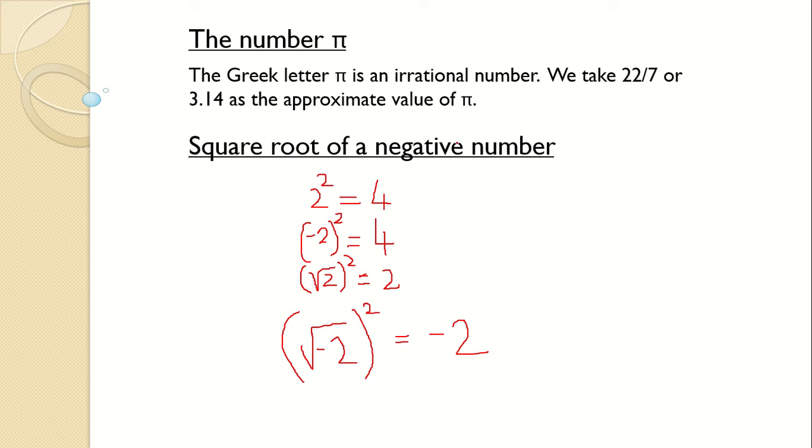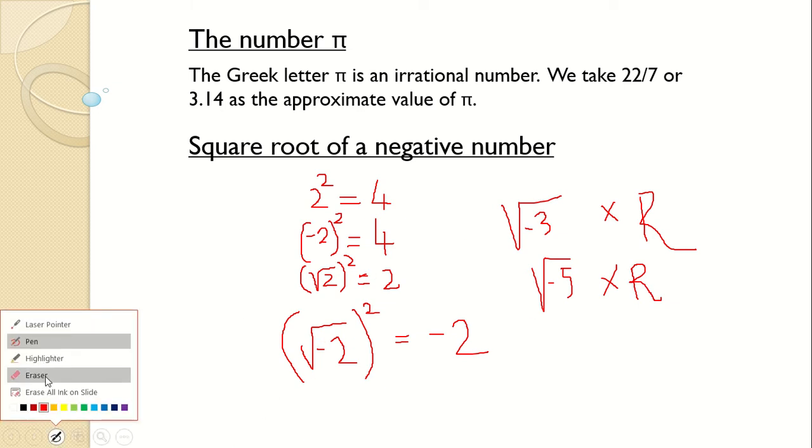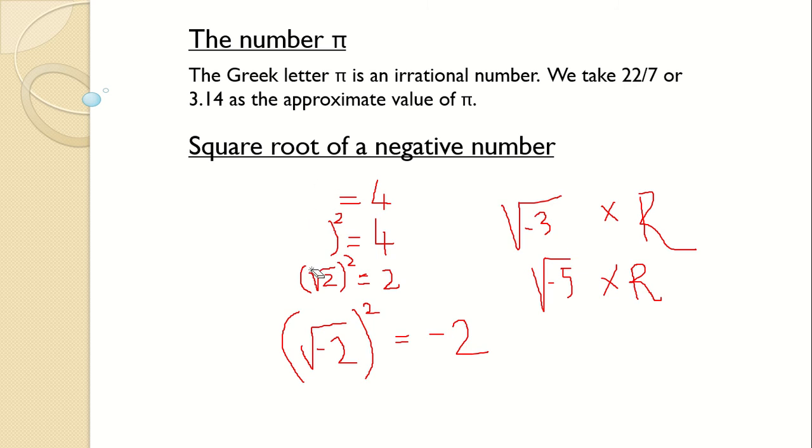Okay. So the square root of any negative number, maybe it is root -3, it may be square root of -5, it may be square root of -7, any number, these numbers are not real numbers. Not real. Why? Because their squares are not coming positive. So these numbers, this square root of -2, are not real numbers. They belong to the set of imaginary numbers.